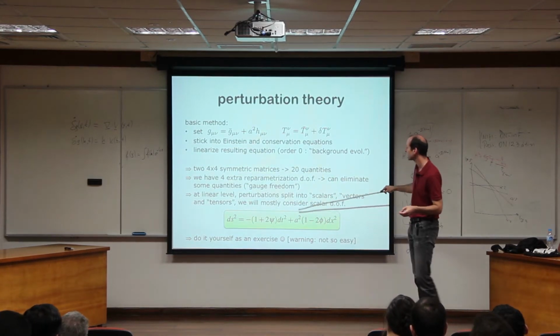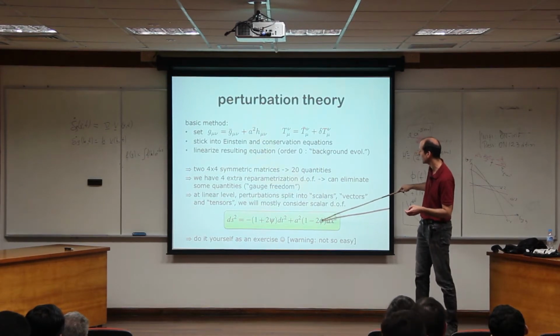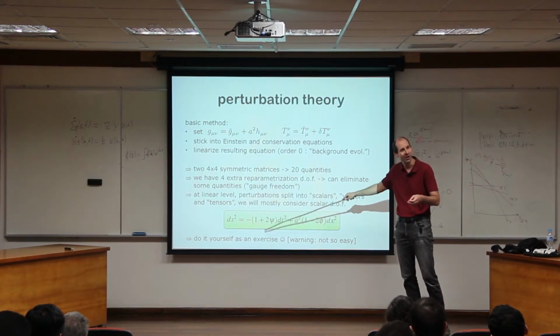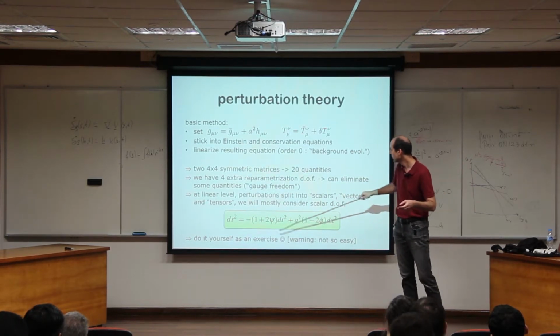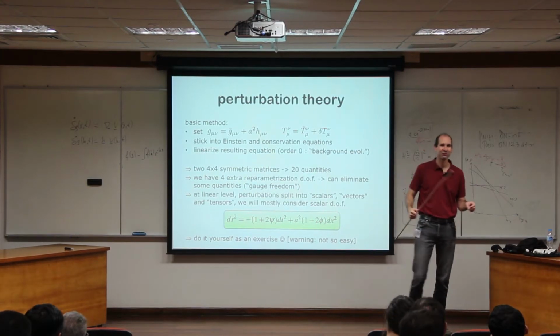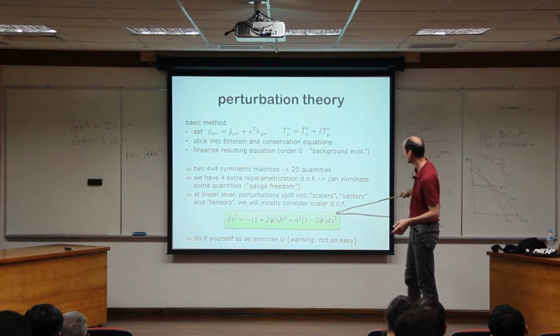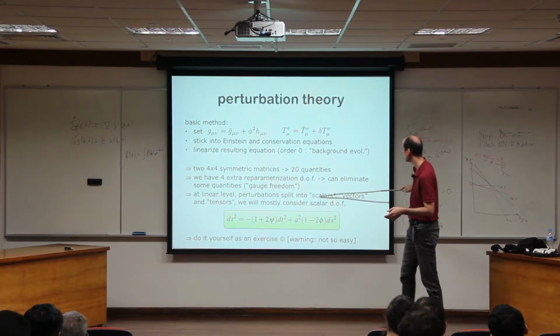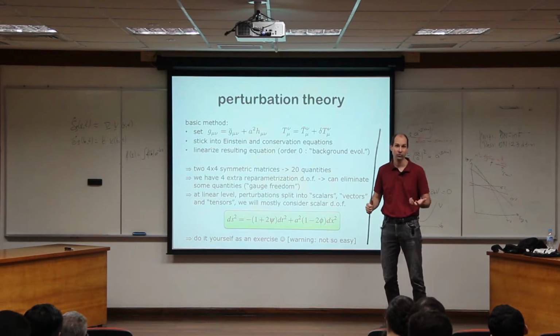And it turns out that in the metric, if you do all of that, you end up with two scalars that you can, for example, write in this way. And so then you end up with two gravitational potentials. Okay, this you do yourself. That's not fully serious because it is a bit long. And so your perturbed metric, if you keep only the scalars, which are the ones that are relevant for structure formation.